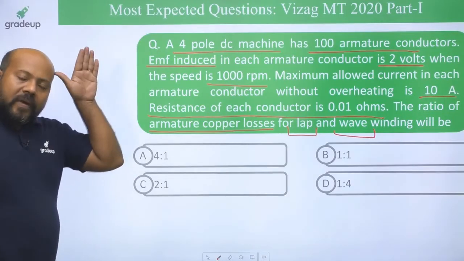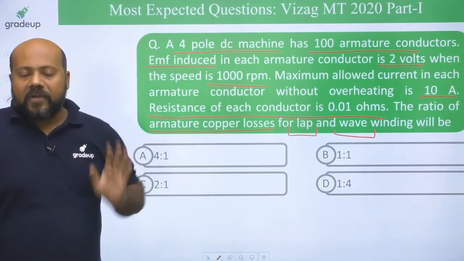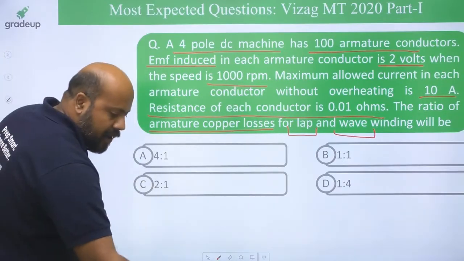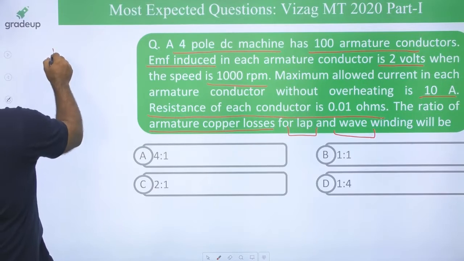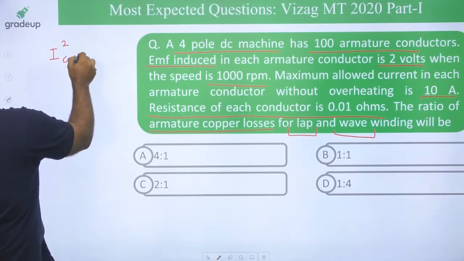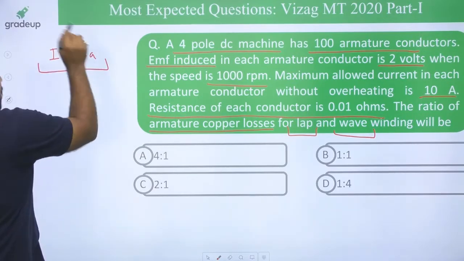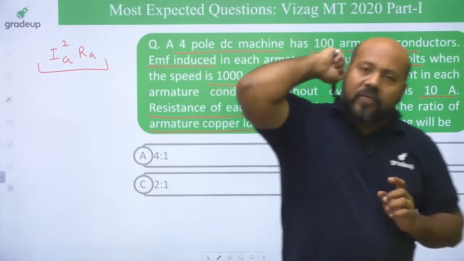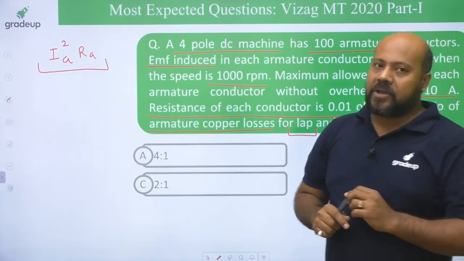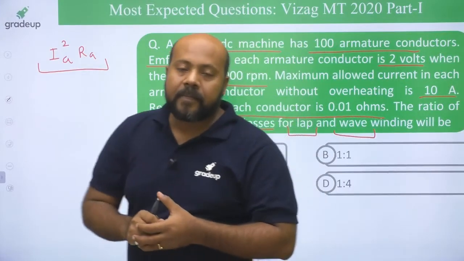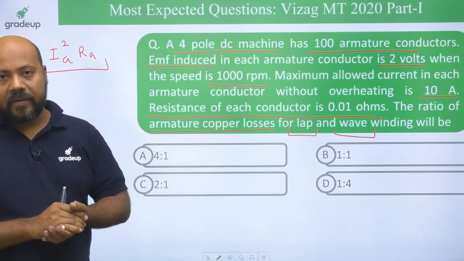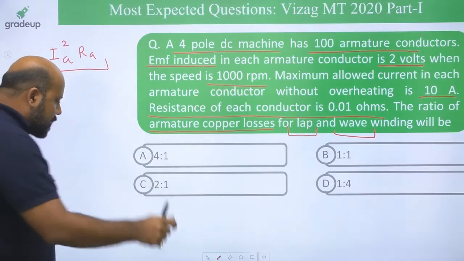Now see, if you want to find the armature copper losses, whether it is lap winding or wave winding, the first thing you have to understand is that anyhow you have to find Ia square Ra. This is going to be the armature circuit copper loss. It means you have to find the armature current for both the conditions, for the lap winding and the wave winding, and you have to find the armature resistance for lap winding and wave winding. First thing,